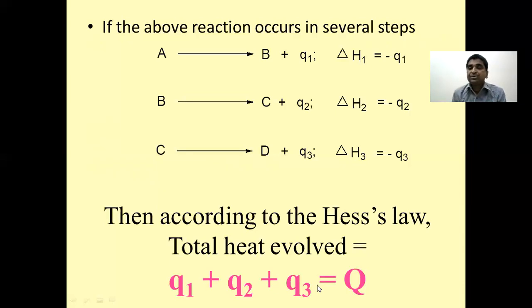And this has been observed practically also. Hess's law of constant heat summation is a practically proven concept. So, according to Hess's law, the energy changes or the amount of heat absorbed or evolved during a process remains the same whether that process takes place in one or several steps. So this is the concept of Hess's law.